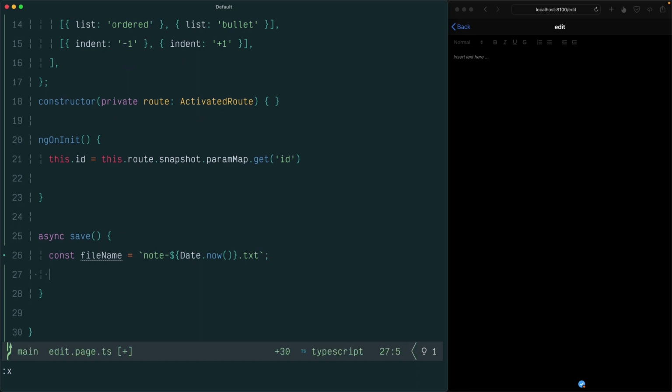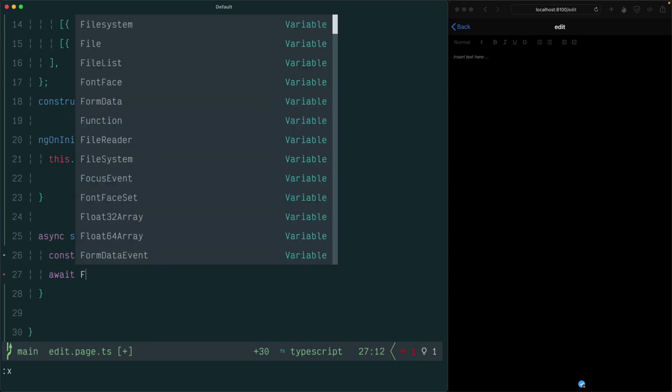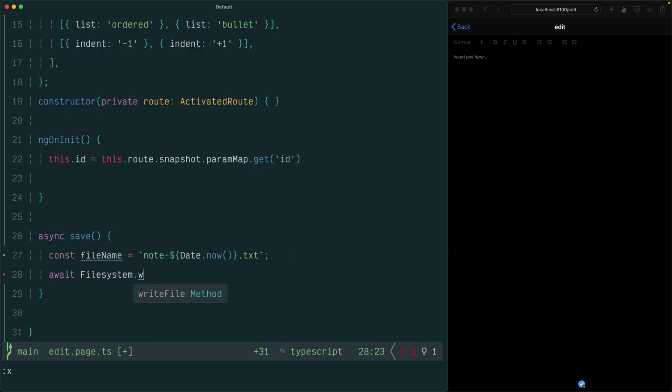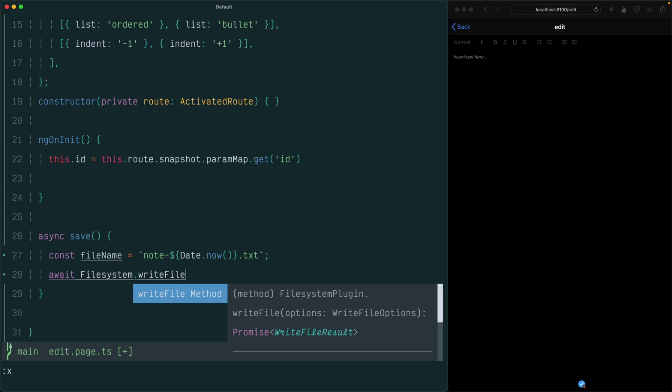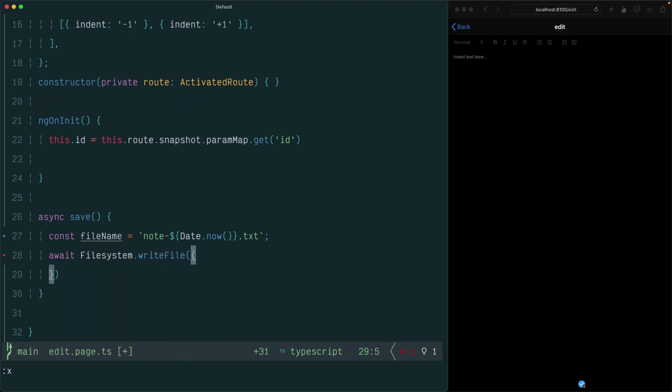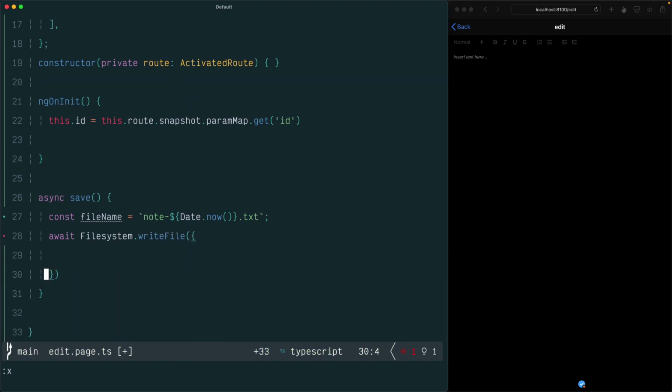Now, with this done, we can say await FileSystem.writeFile, and this is more or less like what we had when we wanted to read a file. So inside of here, we'll say the path is going to be notes, and then we're going to pass in fileName,